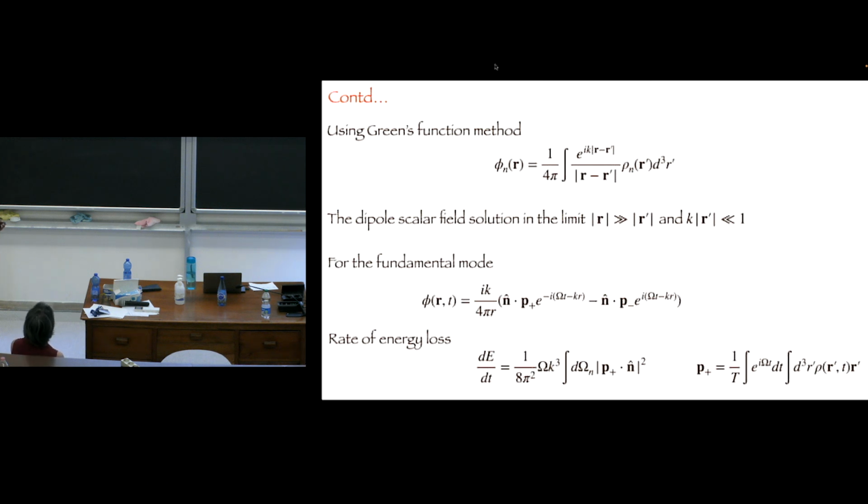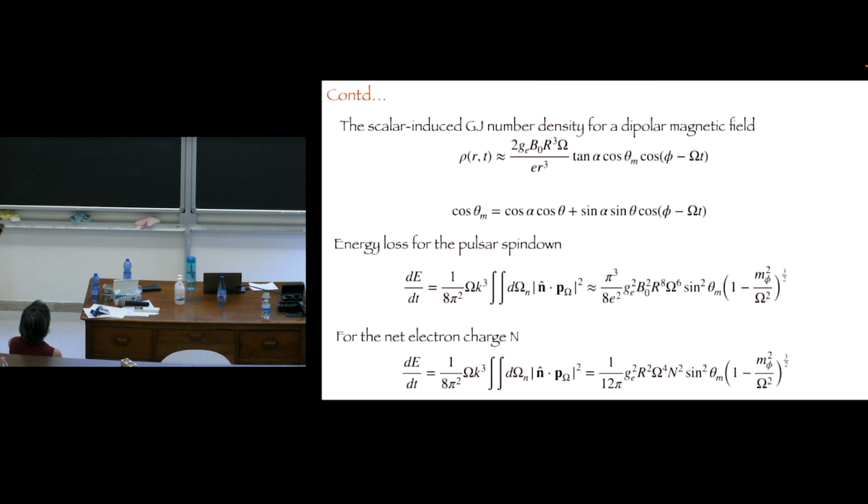So this is the formula for the energy loss if you have dipole radiation of the scalar field. I am now considering that the Crab pulsar has a typical magnetic field form. There are many models, the dipole rotator model or the aligned rotator model. In one of the models, the magnetic field B0 has a time variation, and you can get rho(r,t)